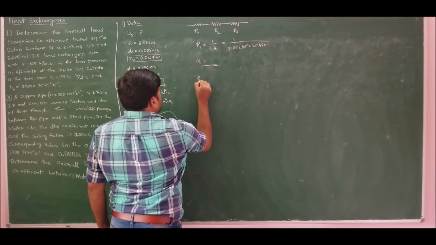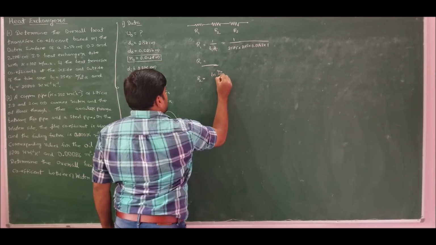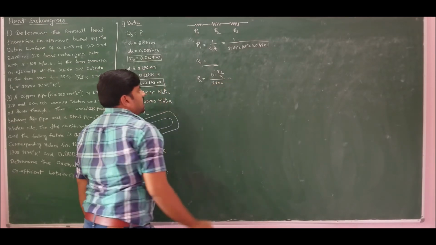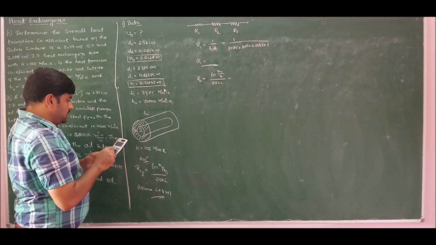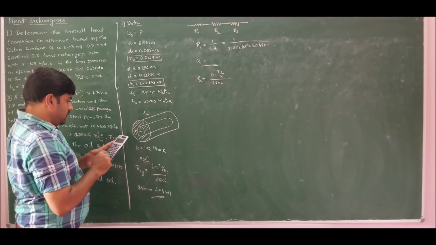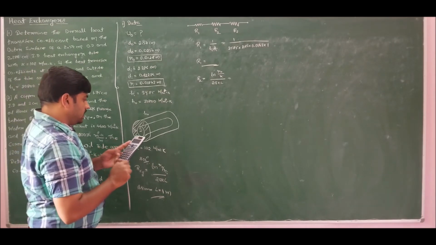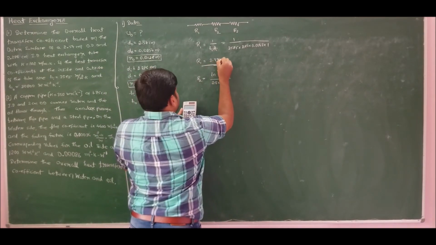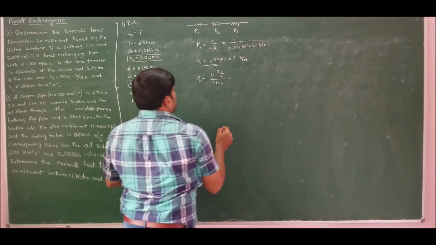Coming for R2. R2 is because of conduction. We know that conductive resistance for cylinder is given by ln of R0 by Ri divided by 2 pi KL, which I clearly explained in our module 1 itself. So if I substitute and solve, inside convective resistance will be 1 by 3575 into 2 pi RL, 2 pi into R. R is 0.01143 into L is 1 meter. I will get R1 as 3.8949 into 10 to the power of minus 3 degree Celsius per watt.